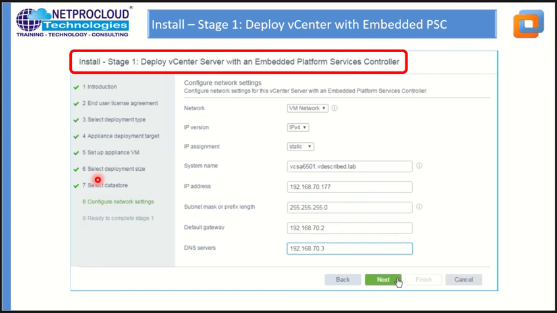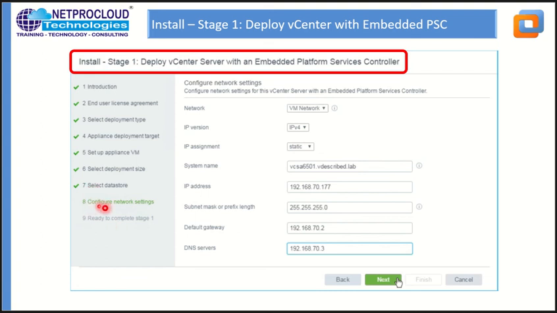Now here you have to select the deployment size. Then select datastore. In select datastore, you have to choose the shared datastore, or the datastore which can be your local one.